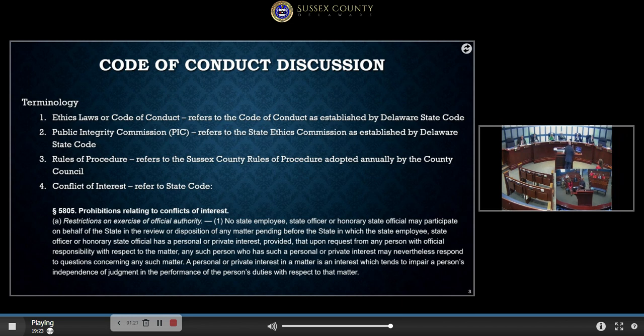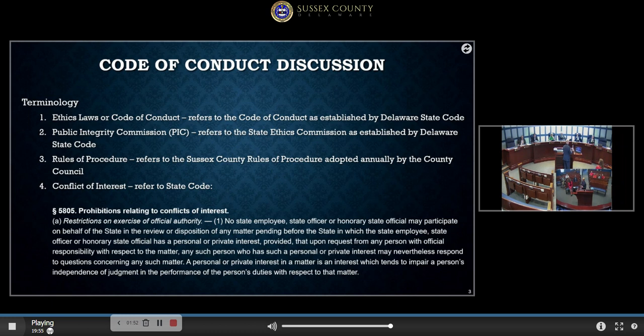Rules of procedure, those are the rules that you endorse every single year. We'll bring the rules of procedure to you in the first meeting in January. You'll review them and we'll adopt them. Sometimes, rarely, but sometimes, we will adjust them throughout the year if something comes up that we need to address. We are currently reviewing the rules of procedure for this session in anticipation of making some recommendations for next session. Mr. Moore and Mr. Robertson are helping with that.